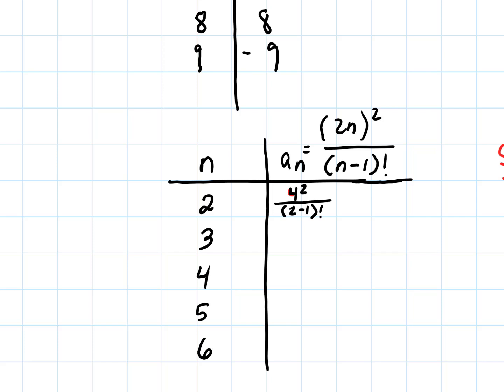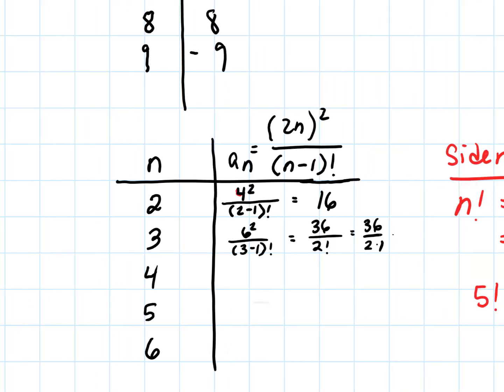So of course we have to do the parenthesis first there. So we end up with 16 over 1, which is just 16. And then for 3, we're going to end up with 2 times 3, so we get 6 squared on the top, and in the bottom the 3 minus 1 factorial. So we've got 36 over 2 factorial, so that's going to be 36 over 2 times 1,